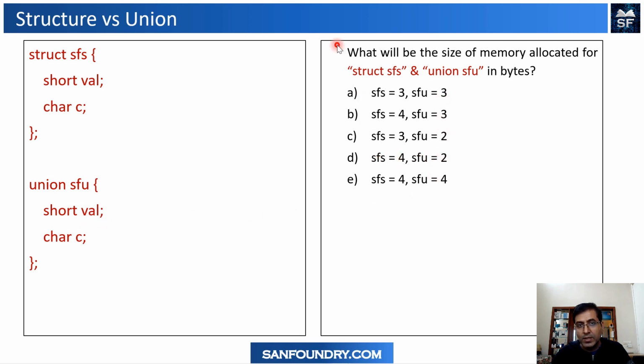When you look into this, now you pretty much know what the correct answer is. The correct answer is 4, 2, right? This is a very simple way for us to distinguish structure and union in terms of programming constructs, okay? In terms of accessibility, we do have a dot notation, we have pointer notations for both of them. It looks the same actually, okay? But fundamentally, the memory allocated is different.